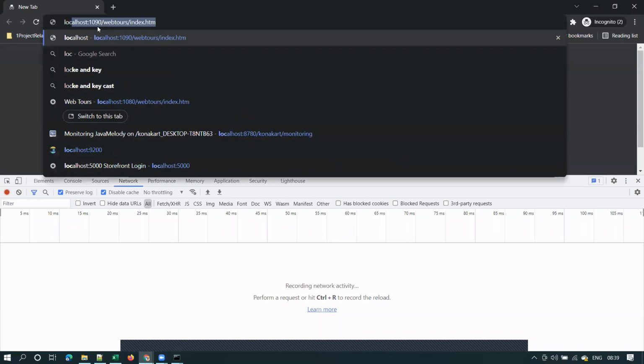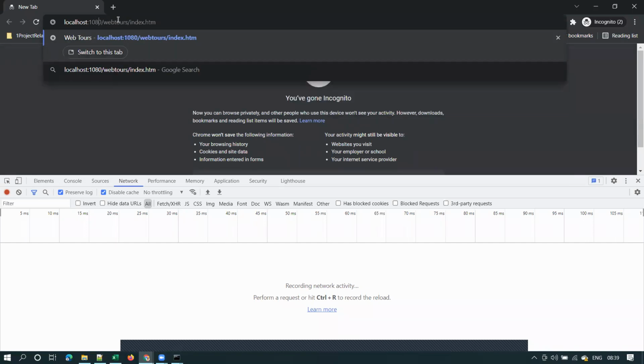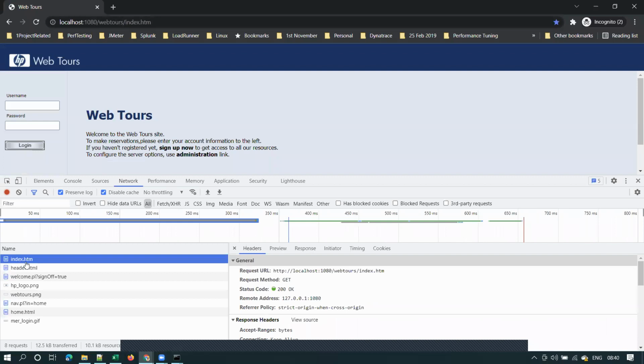I'll use the same automation. Just 1 second. Okay, so when I type this URL, I have sent a request to the server. All the requests went to the server. See here, there are a total of 8 requests, right? This is the main request, index.html is the main request, and these are all sub requests. So there are a total of 8 hits to the server.